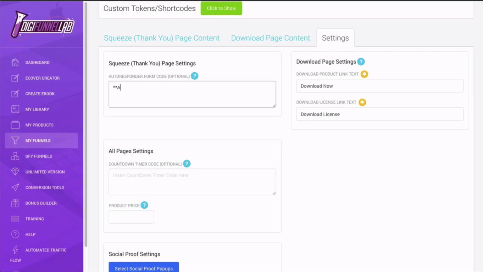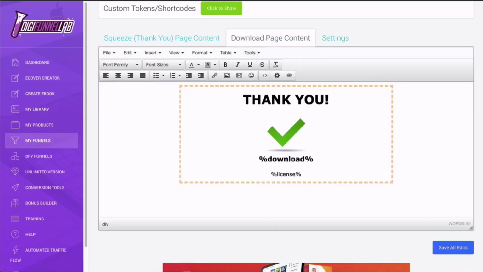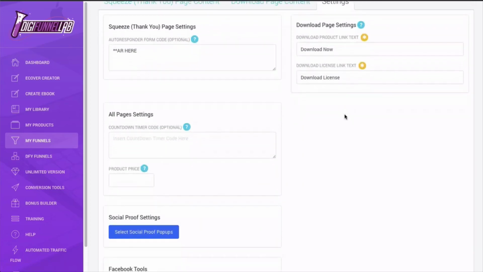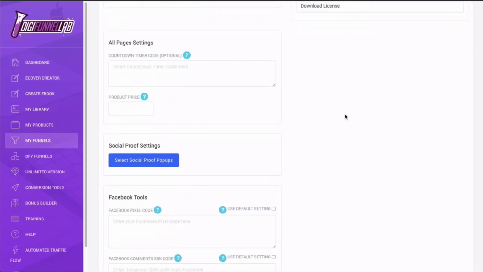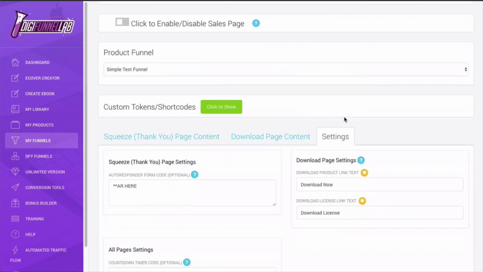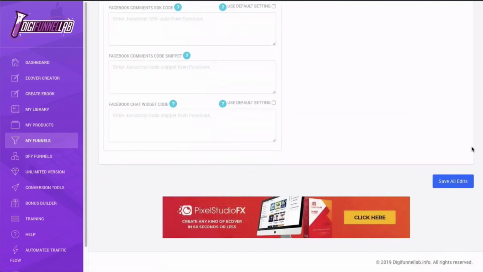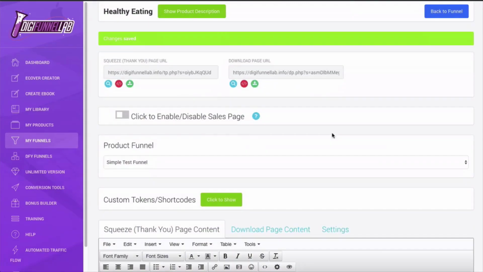So I'm just going to put autoresponder here. Then you've got what's going to be displayed on the thank you page or the download page. So this is going to say download now or whatever you want to choose there. Once you're happy with that on the basic version, there are some upgrade sections that we'll go through in those videos if you've got the upgrades. So we're going to click save edits, because just to enforce that,